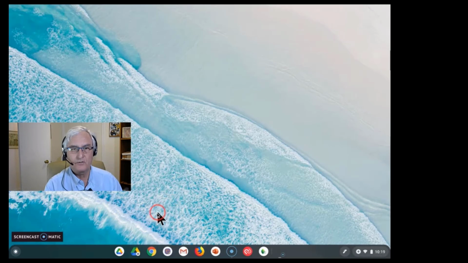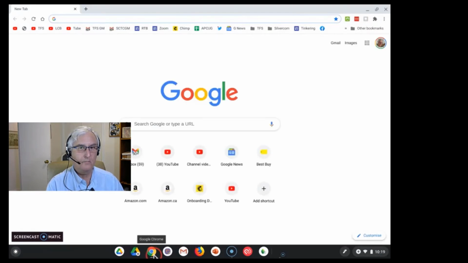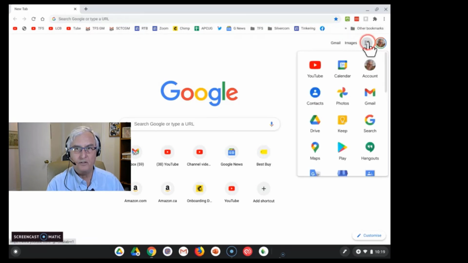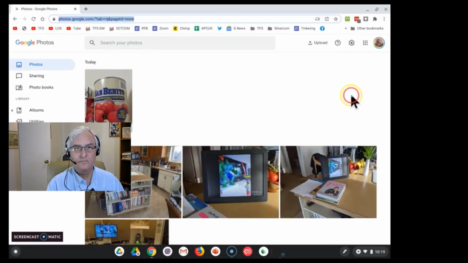Now watch my cursor as we move along, and we're going to come to Chrome. We're going to open Chrome up. We're going to come up to the top, and you'll see, of course, the 9-dot menu. Open this, and we're going to open Google Photos. This is the Google Photos website. You'll see it's at photos.google.com,